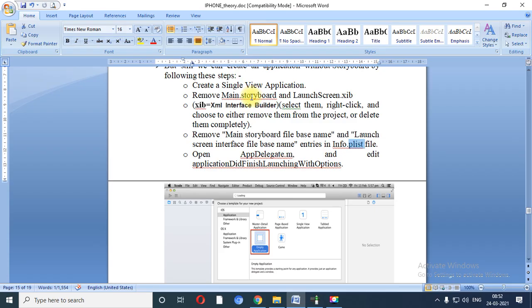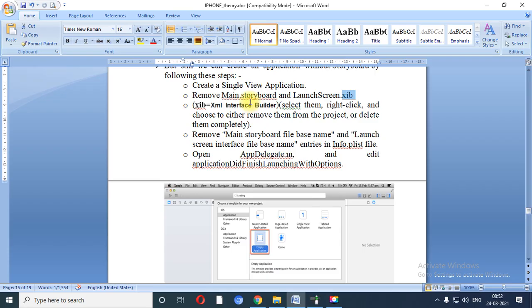So what you need to do, first of all you need to create single view application. After that you need to select two files. First is called main.storyboard, second is called launchscreen.xib. You need to right click on that. You need to select either the option remove from the project or delete them completely.